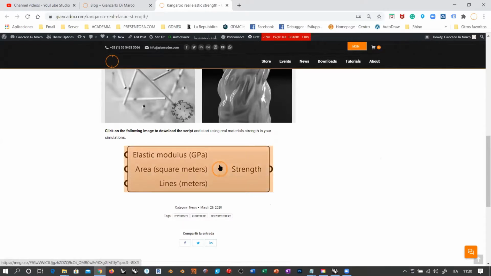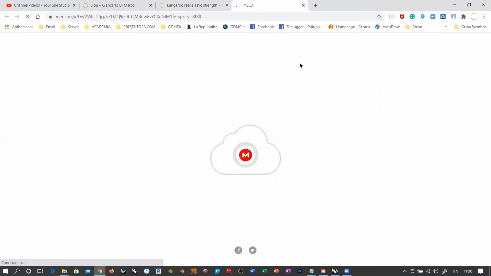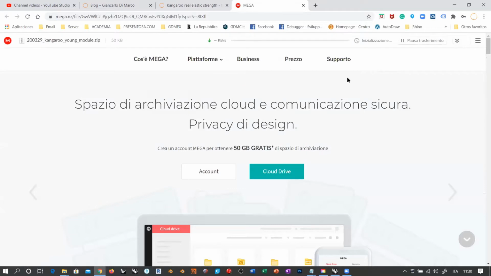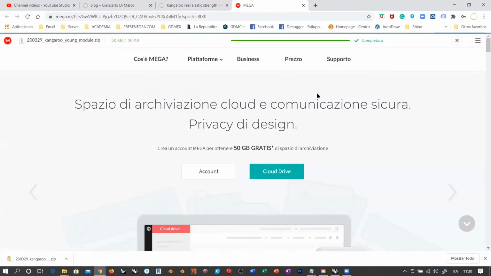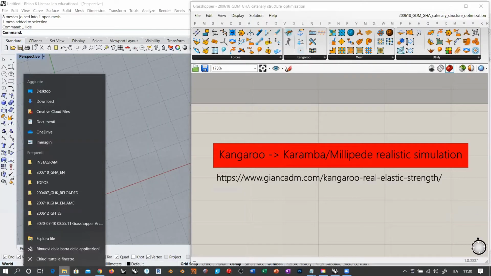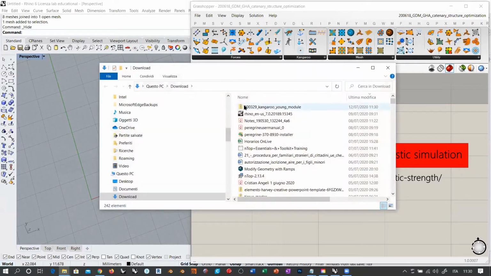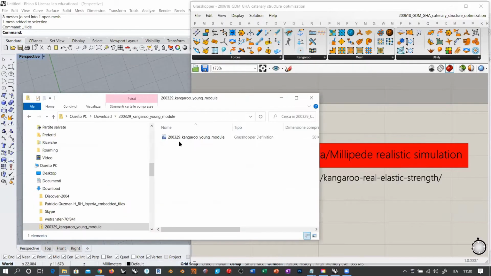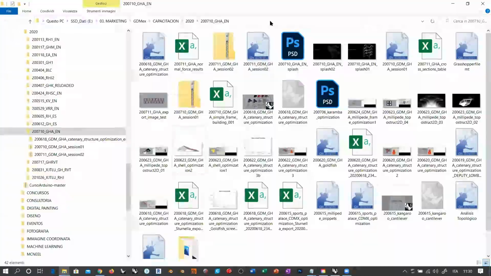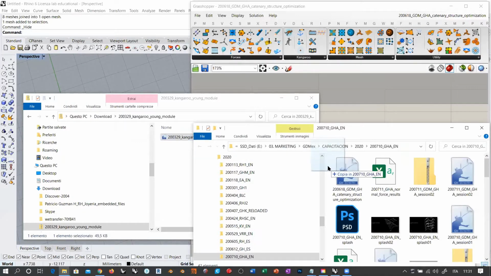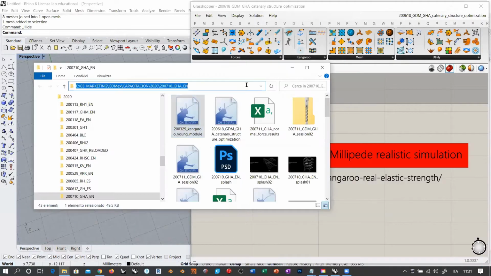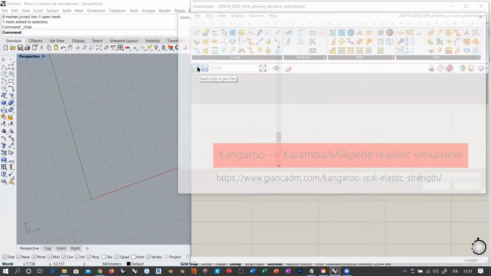I don't even remember where this component is actually, so I'm going to download it myself. Yes, like this. And I'm going to grab this from the download, it is here. Okay, so this is the definition that you are going to download. I'm going to place it here in our folder. So let me drag it and let me also open it so you will see